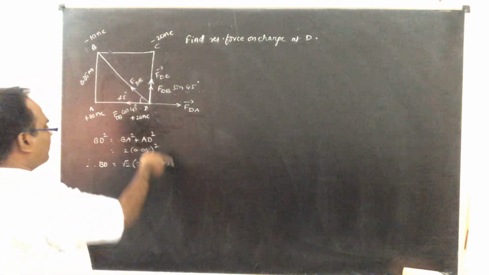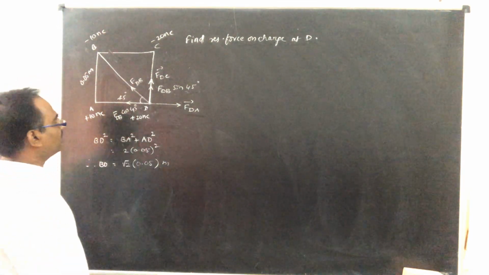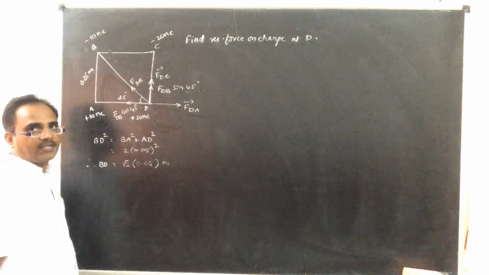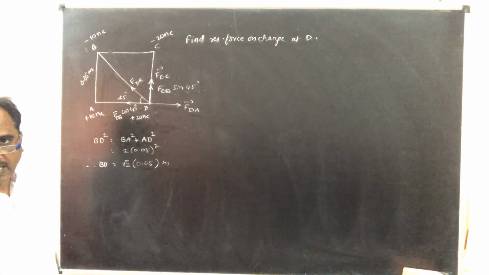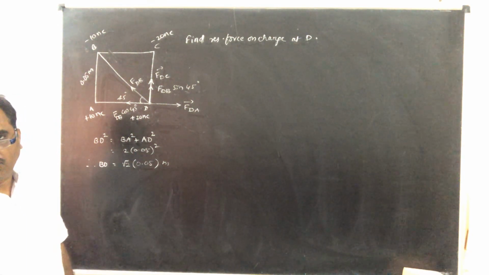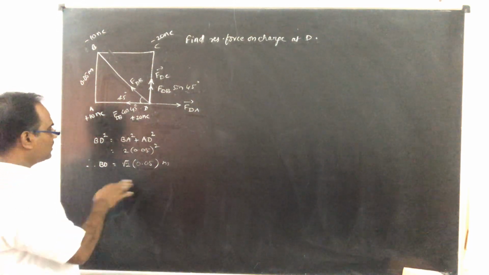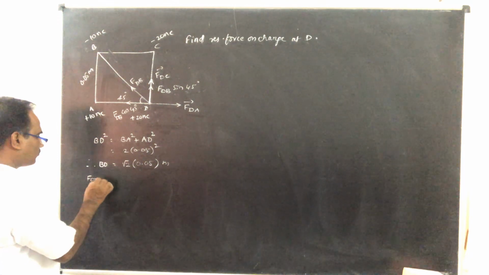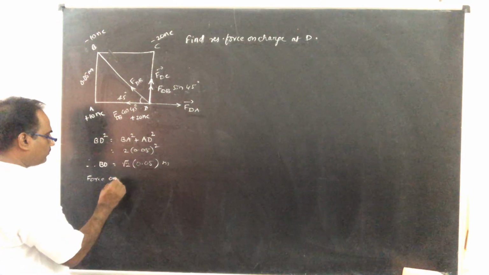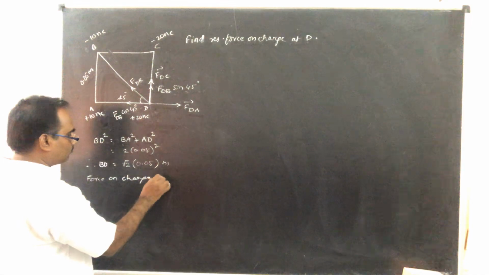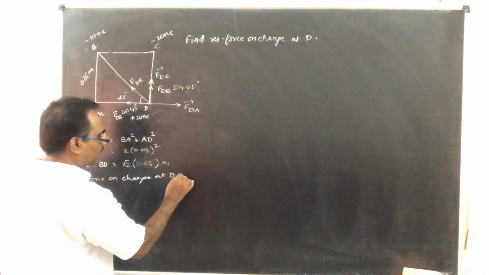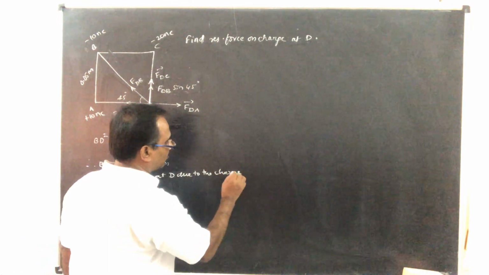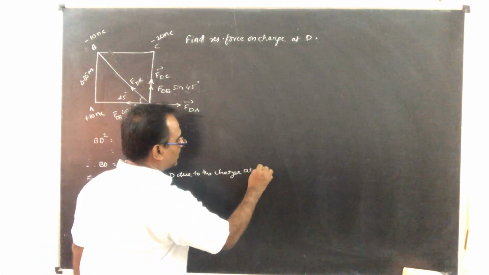So instead of doing this calculation every time, you just remember that in any square, the length of the diagonal will always be root 2 times the side. Therefore, this is BD. First you calculate the force on the charge at D due to the charge at A,